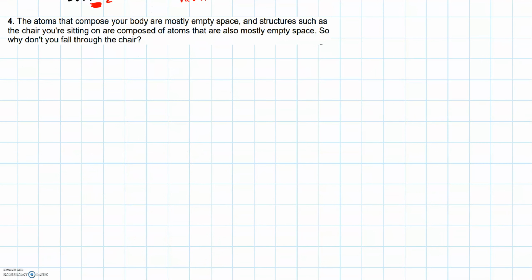Problem 4. The atoms that compose your body are mostly empty space, and structures such as